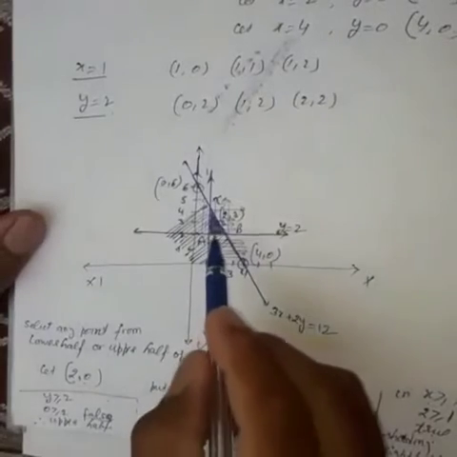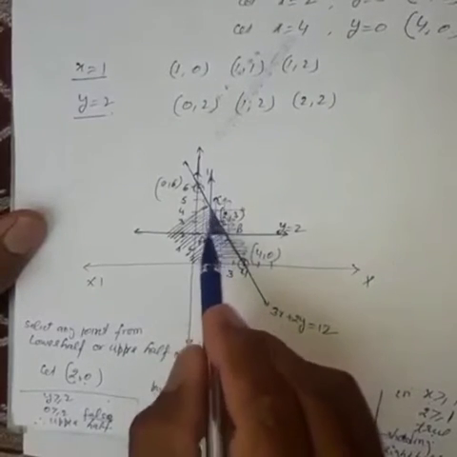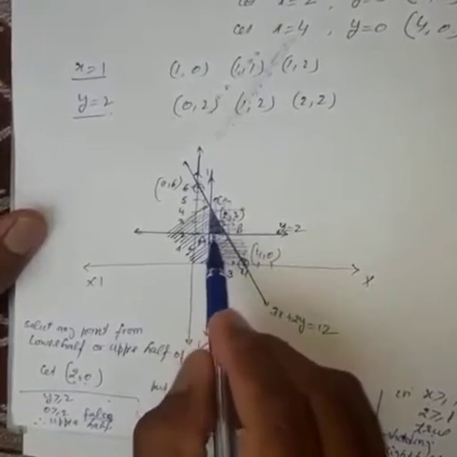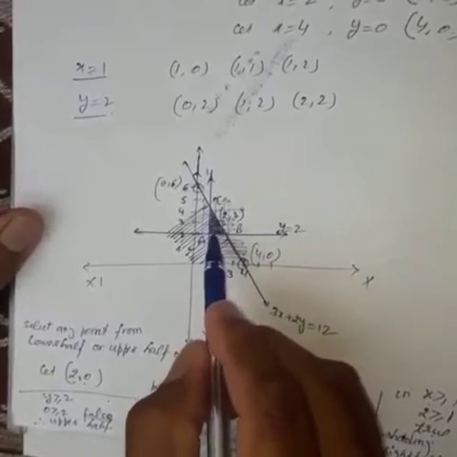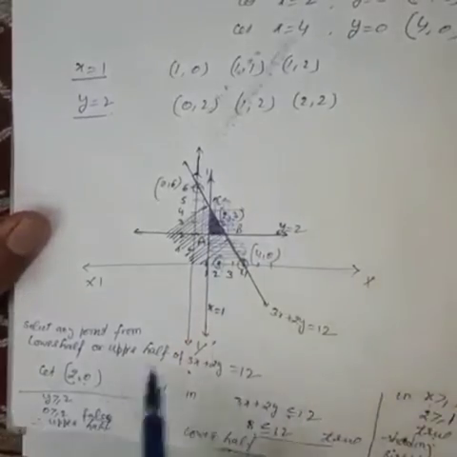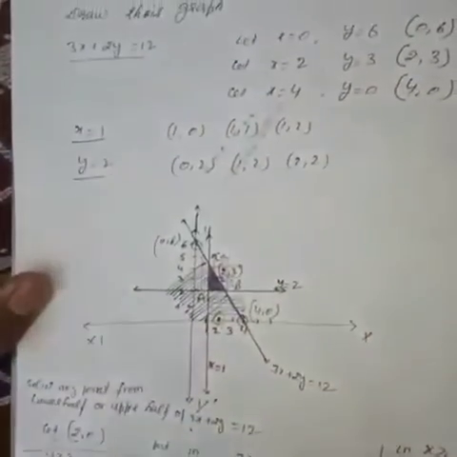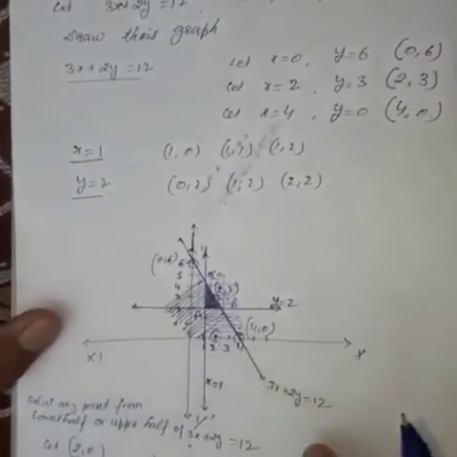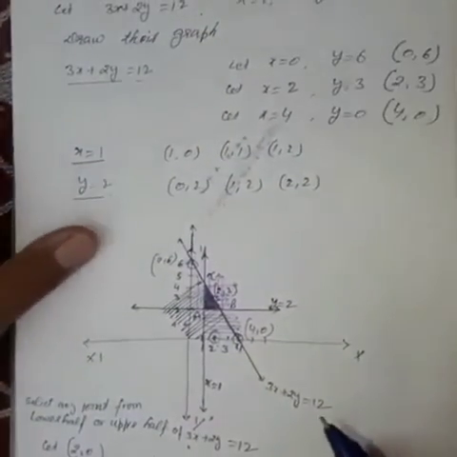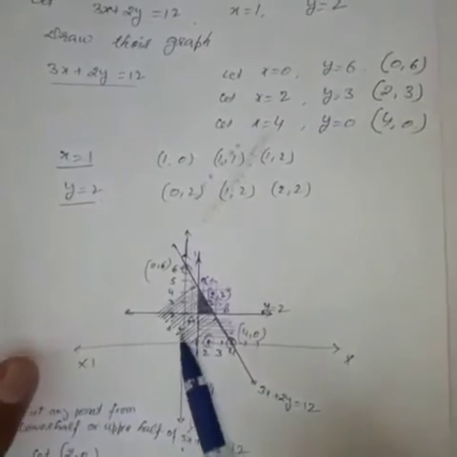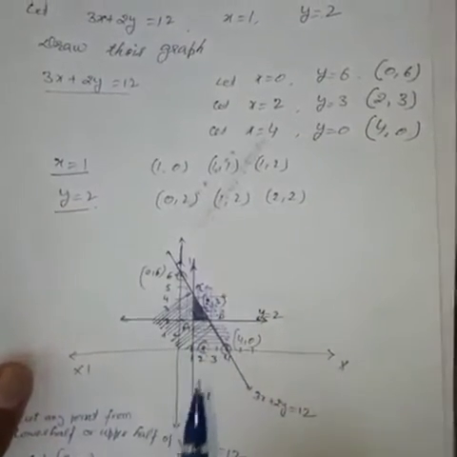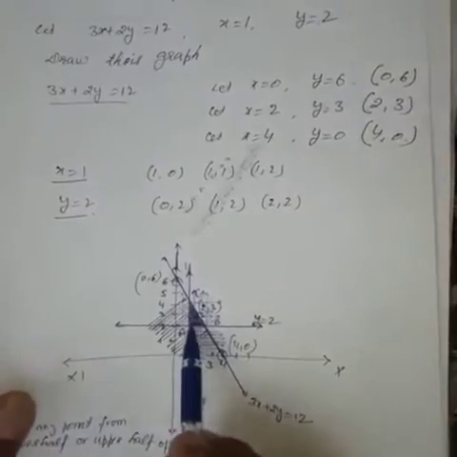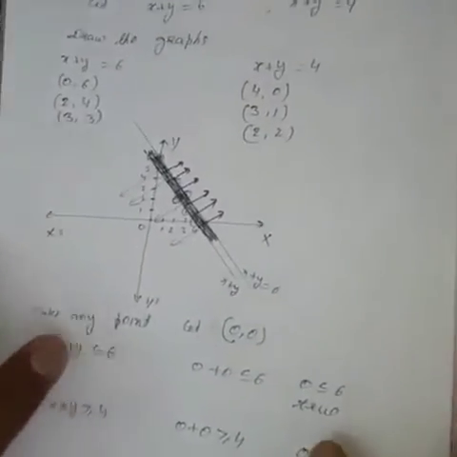It means if you select any point from this region, from the graph you can easily select the point, and the selected point will satisfy all the three inequalities. So you can verify the solution by selecting a point like this from the graph. You have to solve these questions on the graph only, so you will be able to find the point exactly. Now let's move on to another question.